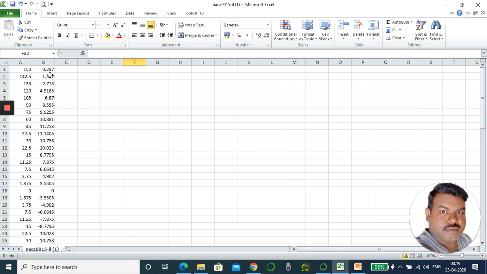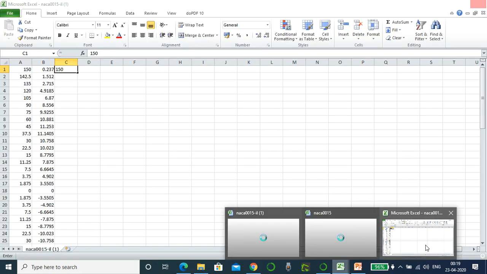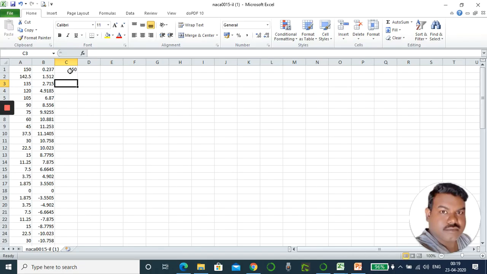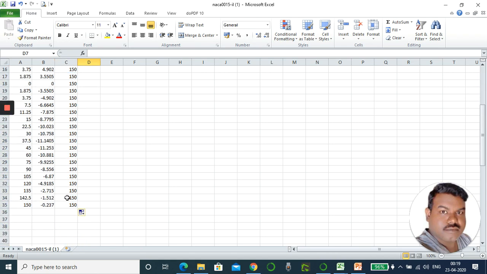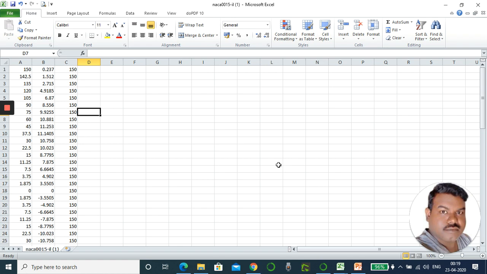Only the values should be available. Then whatever value was given for the chord length, you have to enter here, up to the last, enter this 150. This is what you have to do before starting this program.